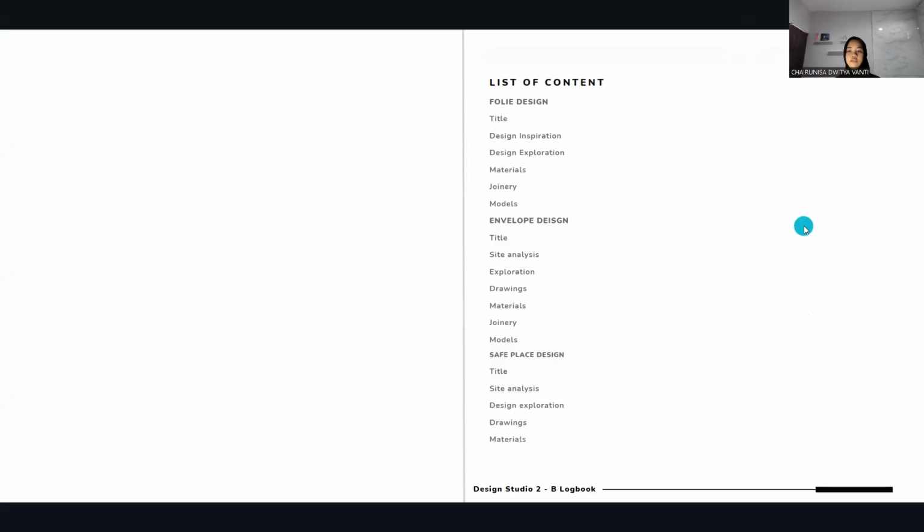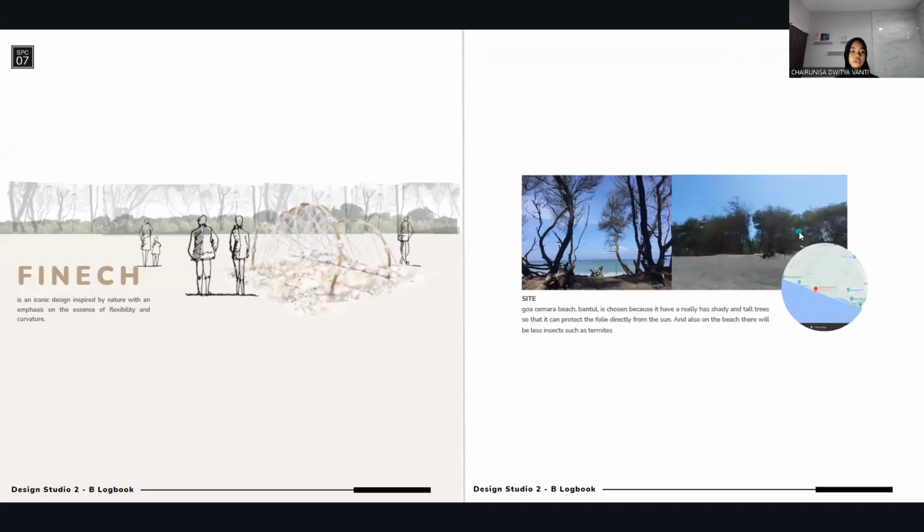The first one is my folly design called Finetch. It's an iconic design inspired by nature with an emphasis on the essence of flexibility and curvature. This folly design will be placed at Guacamara Beach, which has sturdy and tall trees so that it can protect my folly directly from the sun. Also on this beach, there will be fewer insects such as termites, but unfortunately, this beach will experience